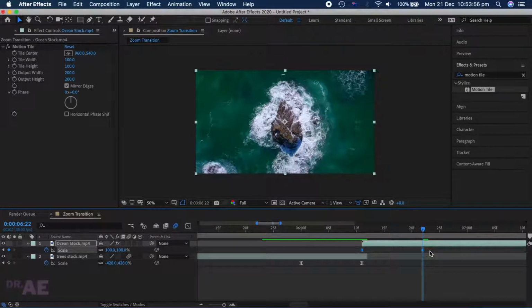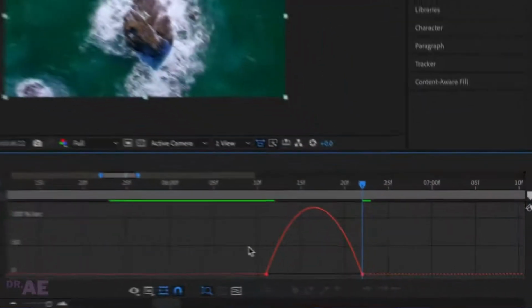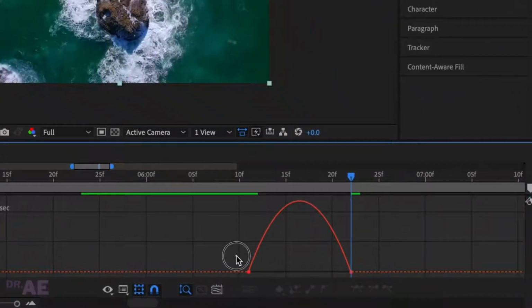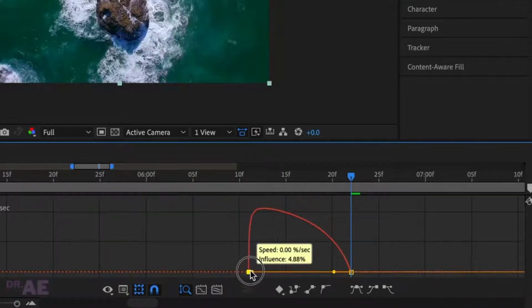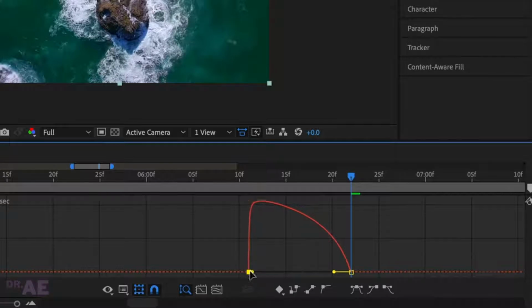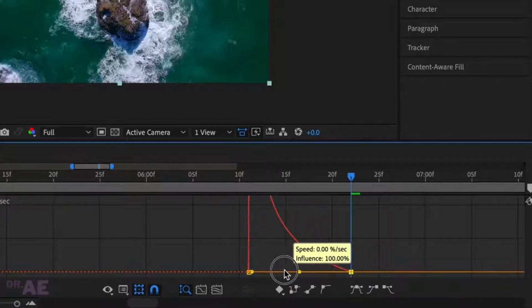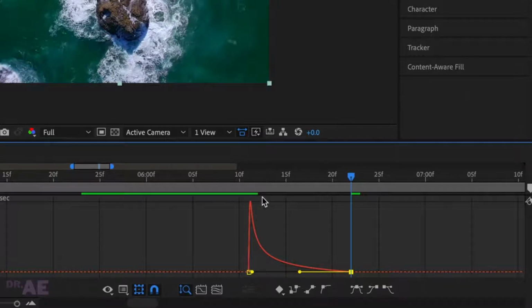Hit F9 on your keyboard to smooth the zoom. Head back to Graph Editor. We want to mirror the ramp from before to create a mountain. The higher the peak, the faster it will go. Exit